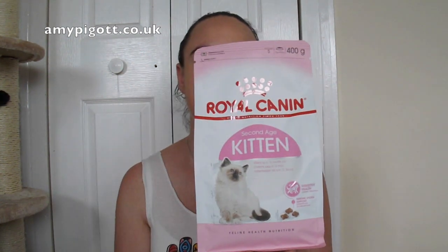So this is the food that she has. I'm very happy with it. She's very happy with it. She eats very well. Like I said, as well as wet food, we feed her dry food as well. And she's currently on Royal Canin dry food as well. And she's on second age kitten. And so she has the Royal...